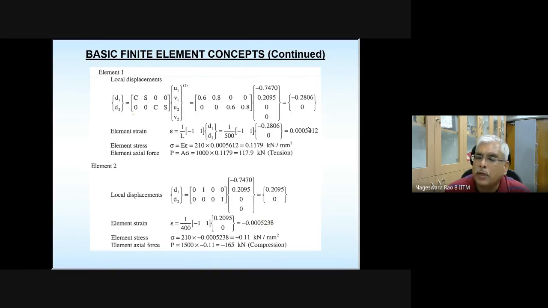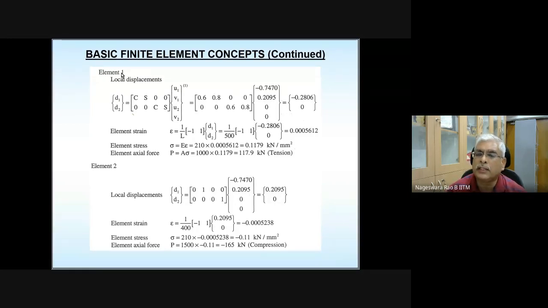Similarly, if strain is positive, it's going to be tensile strain. Stress is going to be tensile stress. Axial force is going to be tension. Okay, so please take it. Anyway, this is an example. You can cross check this calculation. Please take a note of this value here. Please take a note of this value. It is tension. So whatever force that is applied,